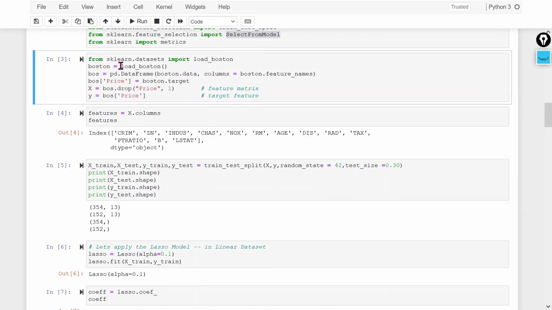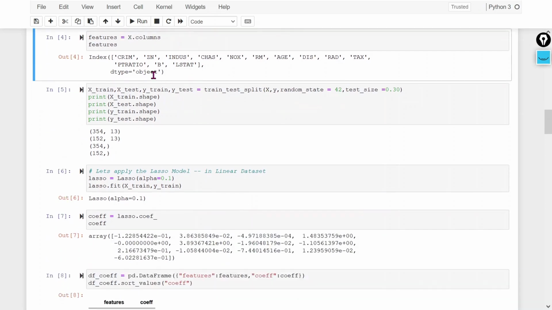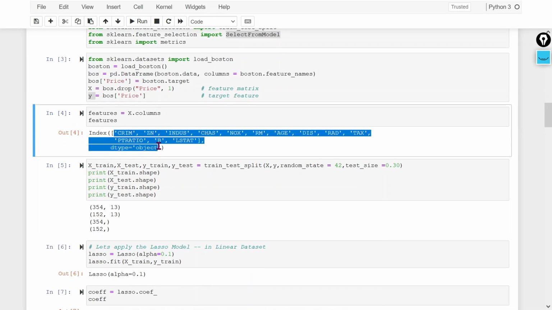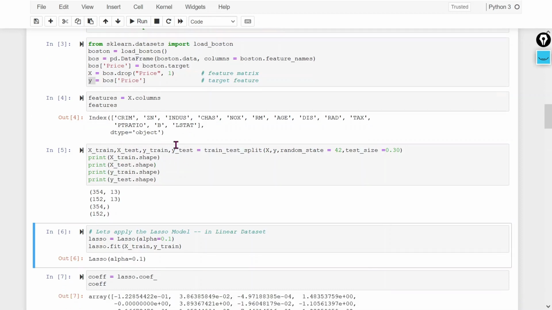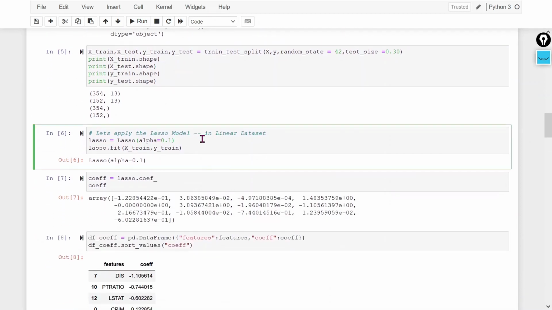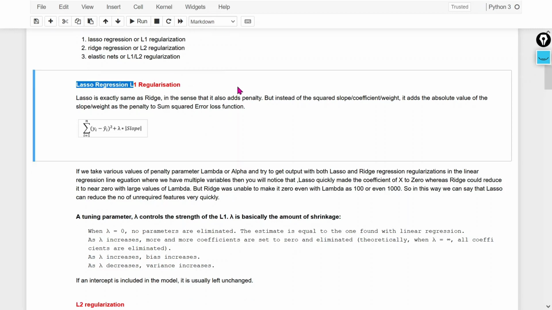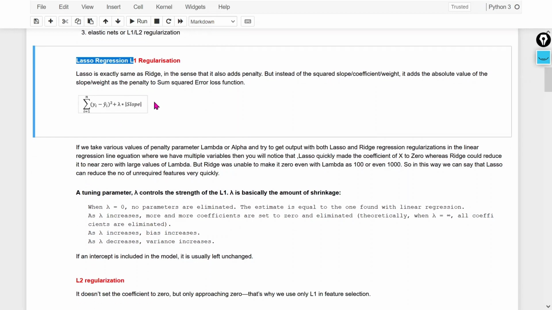So here I am using the Boston data set, okay, and this is your X and this is your Y. Now these are all your columns, it means input variables, right? I am doing the train test split here. Now if you see here, I am applying the lasso linear regression, so that we can make the coefficient equal to 0 for those variables which have less significance in the prediction.